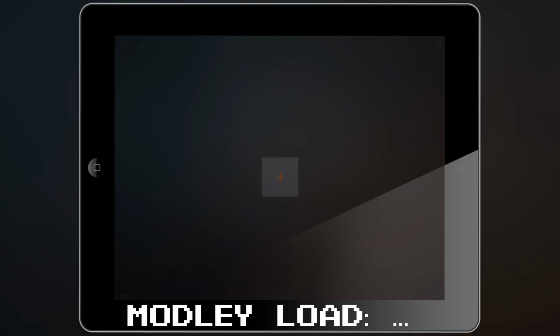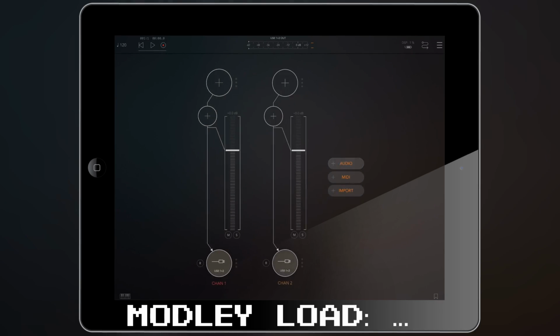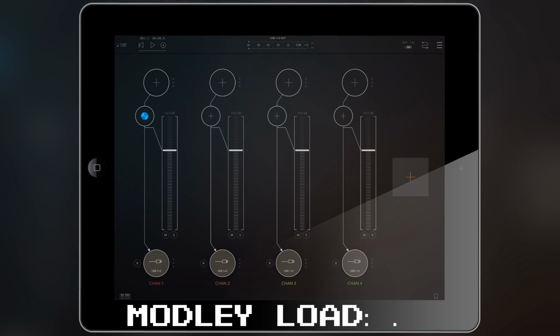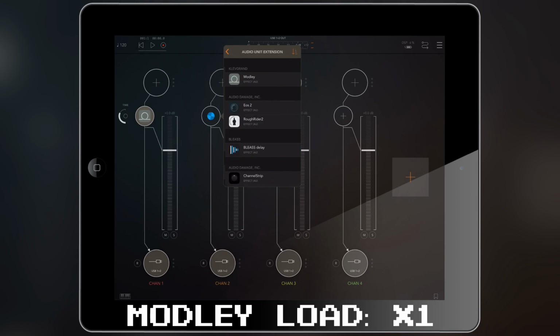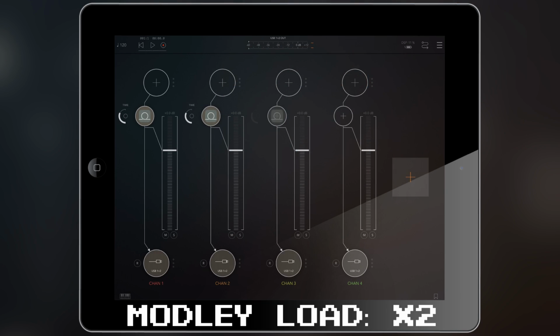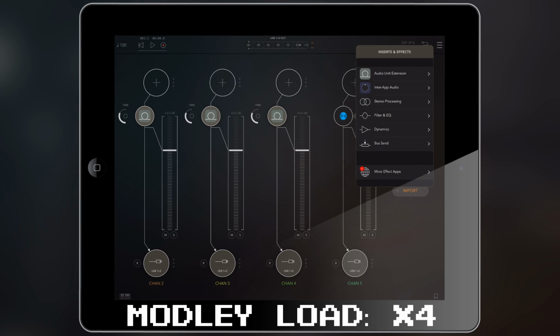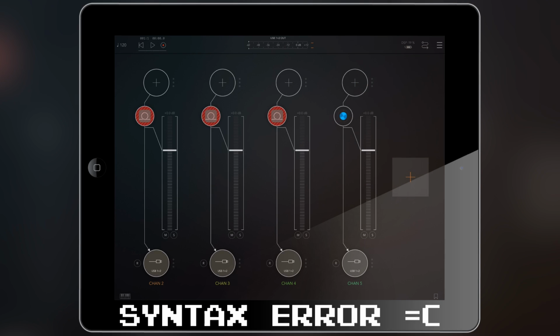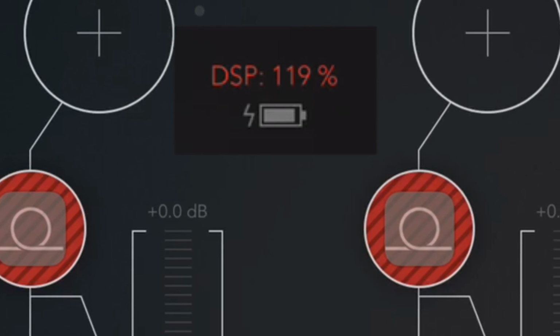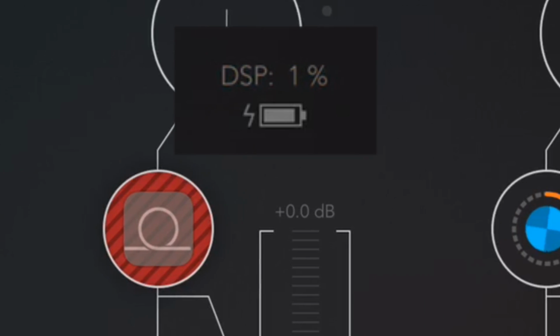Now, I do want to add, however, that since this is a very intricate type of delay and you can build so many things out of it and you can load many modules, it is very processor hungry. It will eat up resources for you. So if you think that you can load up 4 or 5 of these at once, since they are audio unit plugins and all of them having full setups of modules, then you'll probably hit your limit on your device